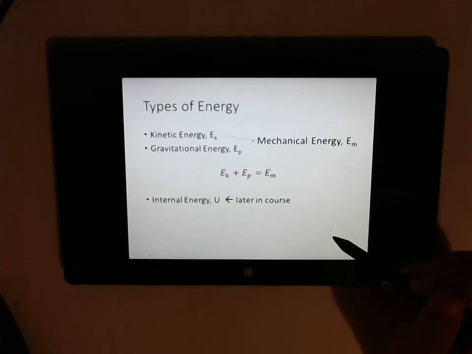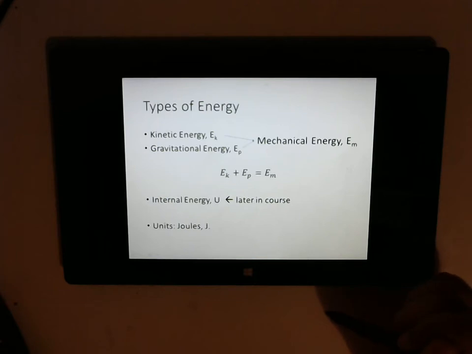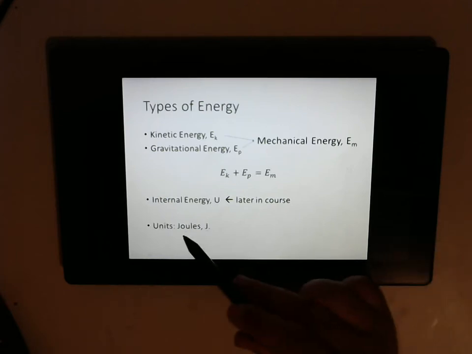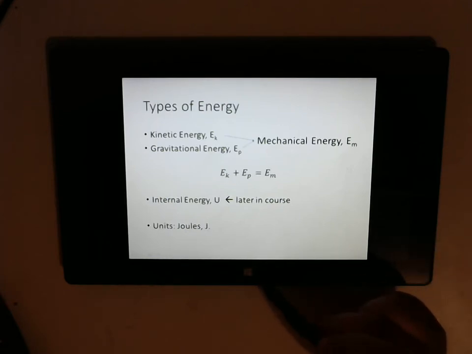As a recollection though, energy has the unit of joules. We give it the symbol capital J. It is named after a person, so capital letter. So,